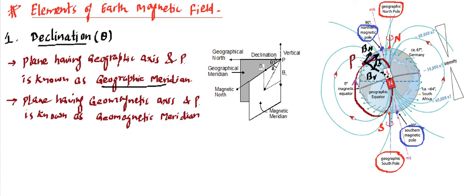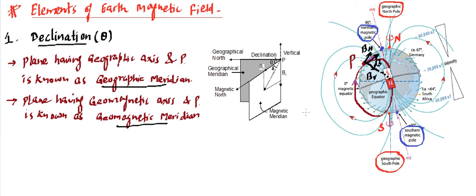Once you have understood these nomenclatures, then we can talk about what the declination is. Still, I have not explained what the declination is. I have explained two planes. One plane contains this point P, that is the point of interest, and the geographic axis. Another is a plane containing the same point as well as the geomagnetic axis. So that's going to be three-dimensional, right? In this three-dimensional space, there are going to be these two planes.